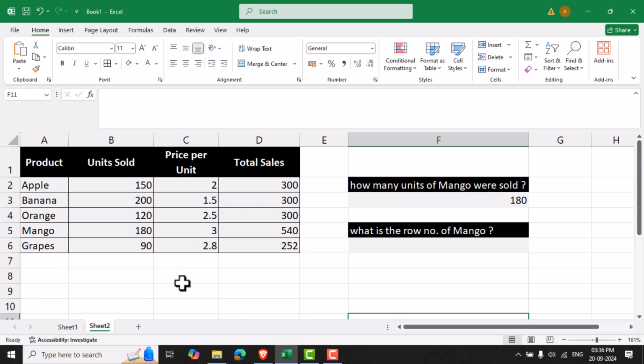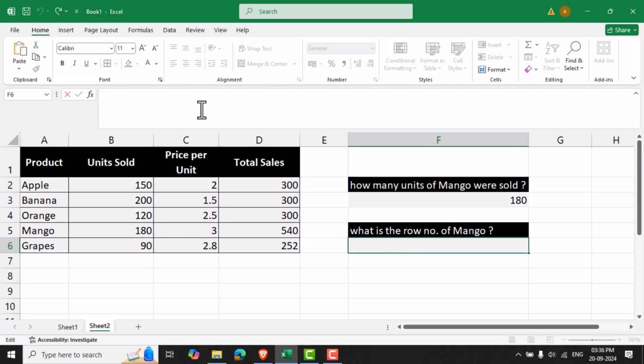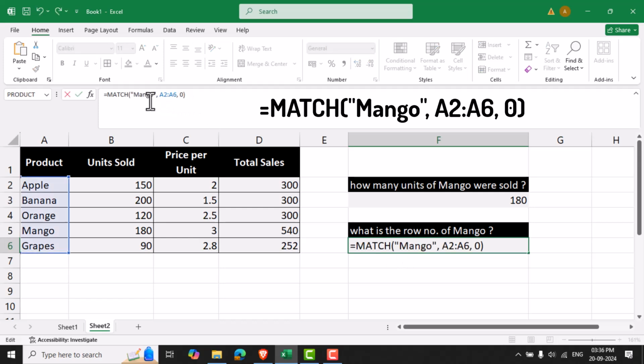Let's take the same product table. What if I wanted to find out the position of mango in the product list? To find the position of mango, I'll use the MATCH function. I'll go to an empty cell and type equals MATCH open parenthesis, mango, comma, A2 colon A6, comma,